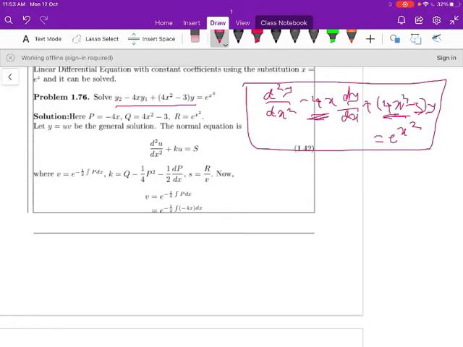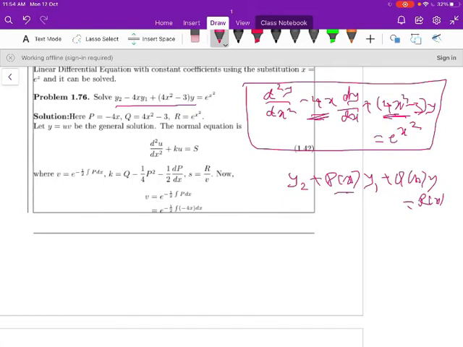Moreover, the order of the derivatives y and dy/dx and the degree are the same here, but the problem is the term 4x² minus 3, where the order is 0 and the degree is 2. So we cannot solve it in the previous way. It is very difficult to solve such problems, but one can solve them through the normal form method, the reduction of normal form method.